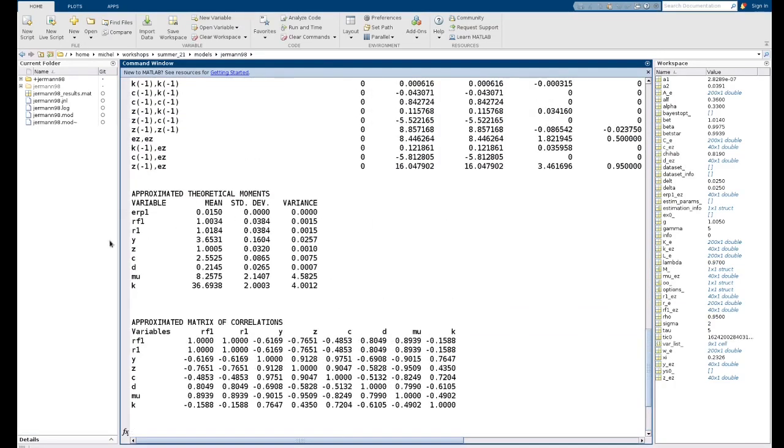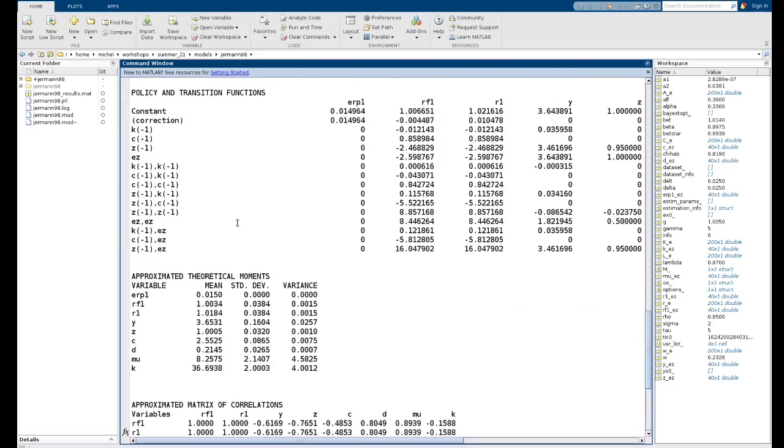And you see, I'm going to show you different things. First, now, the effect of future risk on the constant is displayed in the line with parenthesis correction. It is equal to half of G sigma sigma in the slide.